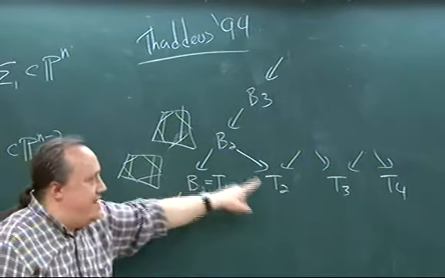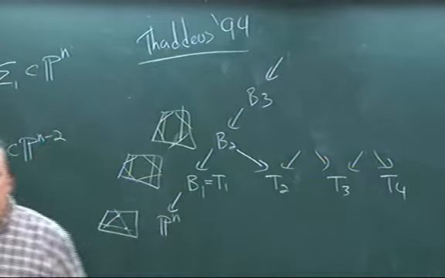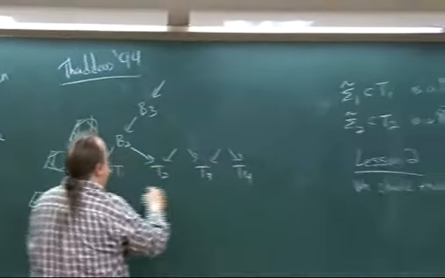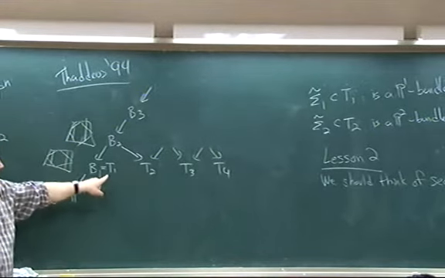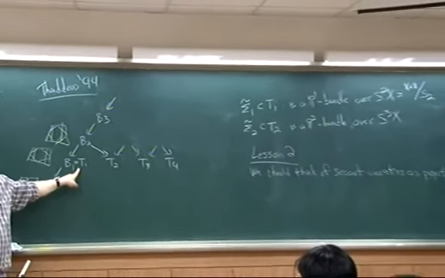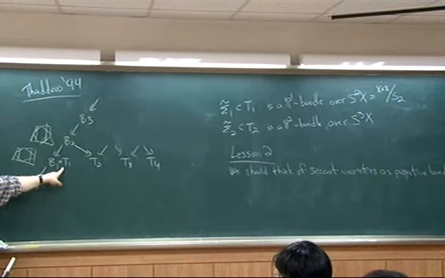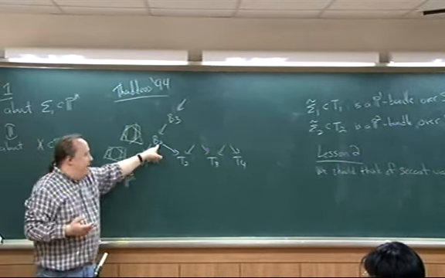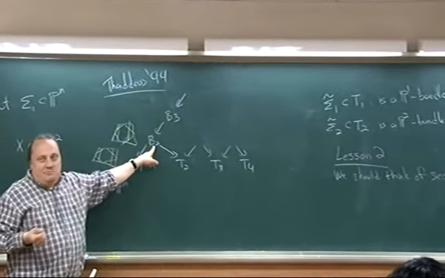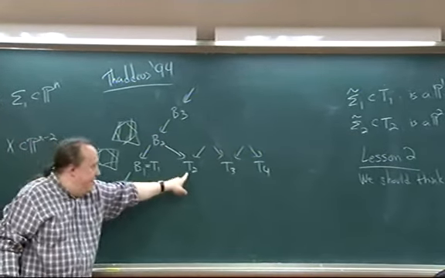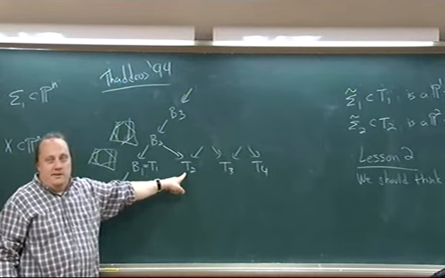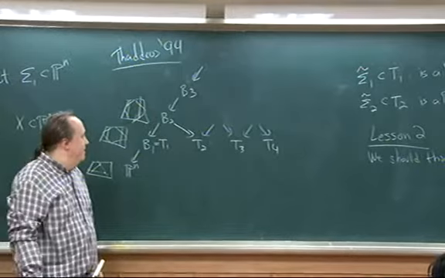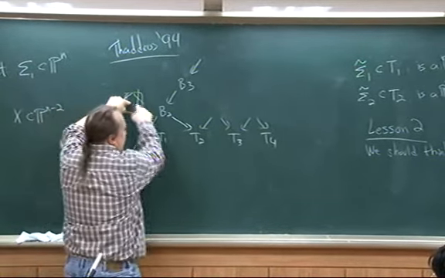But what happens from here to here, the way this flip works, so we told you that sigma 1 tilde in T1, this was a P1 bundle. Secant variety here is a P1 bundle over S2. To go from here to here, you simply blow it up. So now that exceptional divisor is a P1 cross PR bundle over S2. And here, we just shrink the P1s. So we're left with the PR bundle over S2. So it works very simply. But what that means is that when you go from here to here,